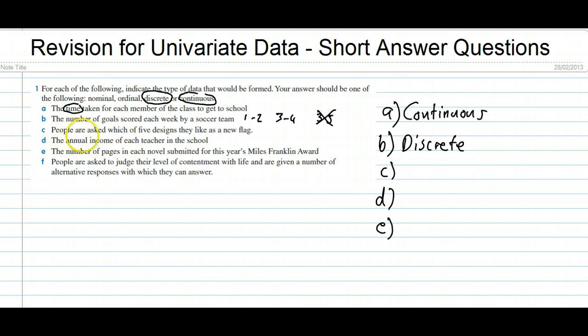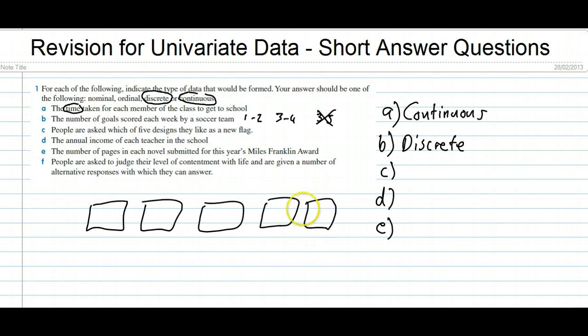Okay, in part C, people are asked which of 5 designs they like as a new flag. So when people are choosing from their 5 options, they might be presented with 5 pictures. And each of these pictures might have a name. So this one's called something or other, this one's called another name, this one's called another name. So in fact, we've got nominal data here